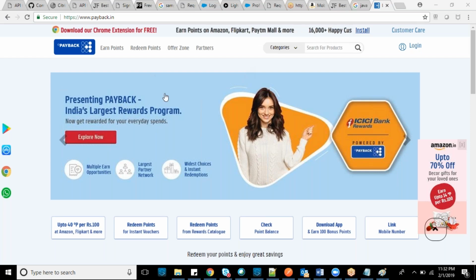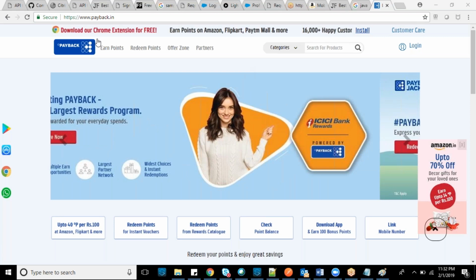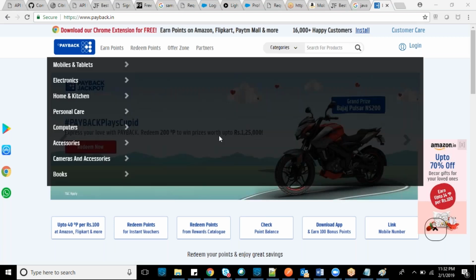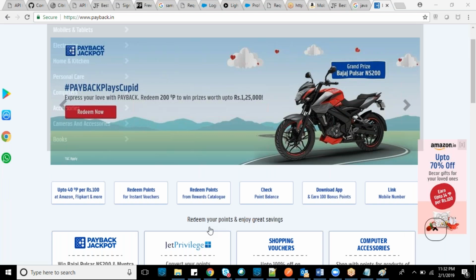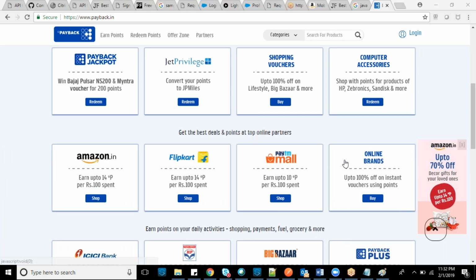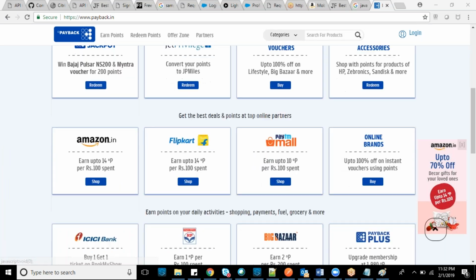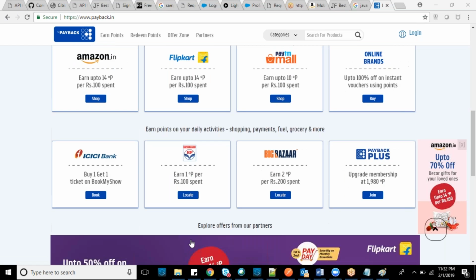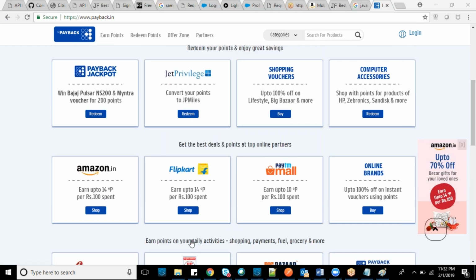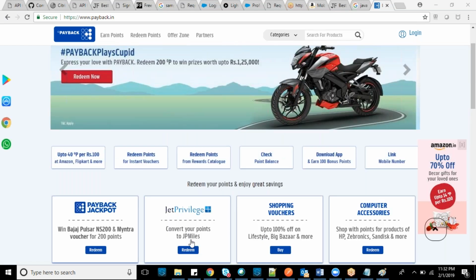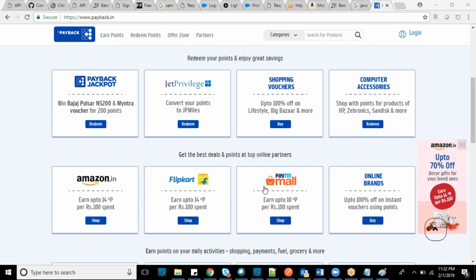So you can see Payback. Here we can see Amazon, Flipkart, Paytm, Big Bazaar, and so on. You can see how many e-commerce websites we have in India; all these websites' services are maintained over here.